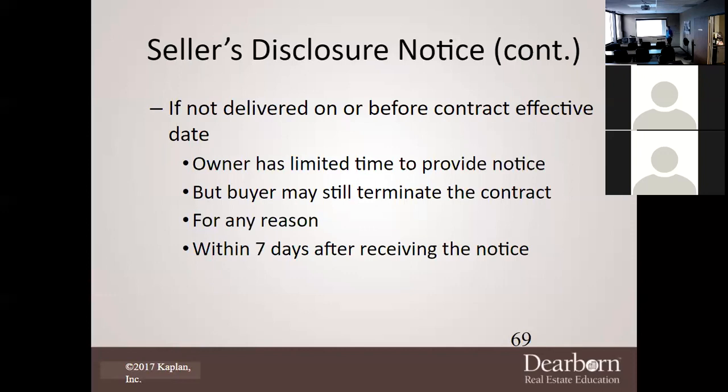So what is the best thing you do? Aiden, I've got a contract here, but before I'm going to allow you to sign it, I need that seller's disclosure. Because here's why. The buyer may still terminate the contract, okay, for any reason within 7 days after receiving the notice. So if you allow Aiden to sign the contract and actually get under contract without the seller's disclosure, you are giving that buyer free rein to walk away for any reason 7 days after the day you give it to them.